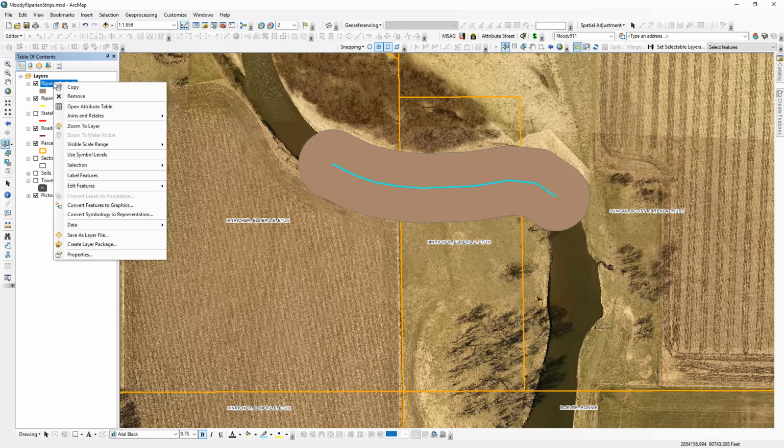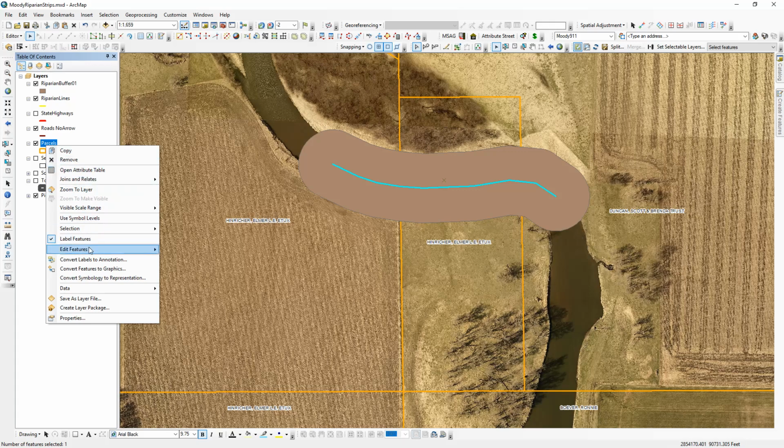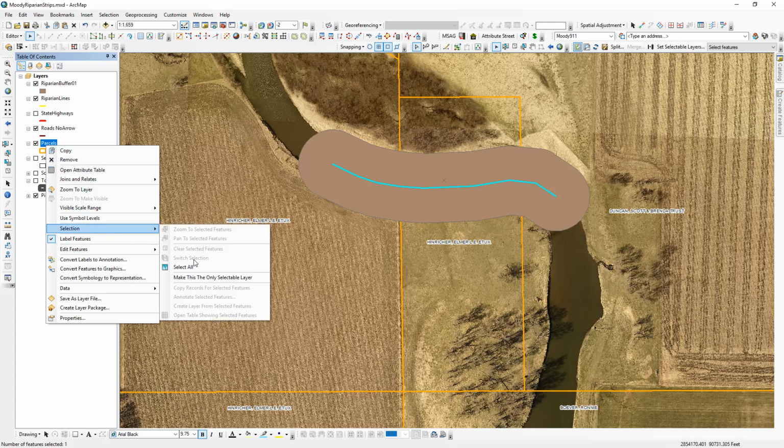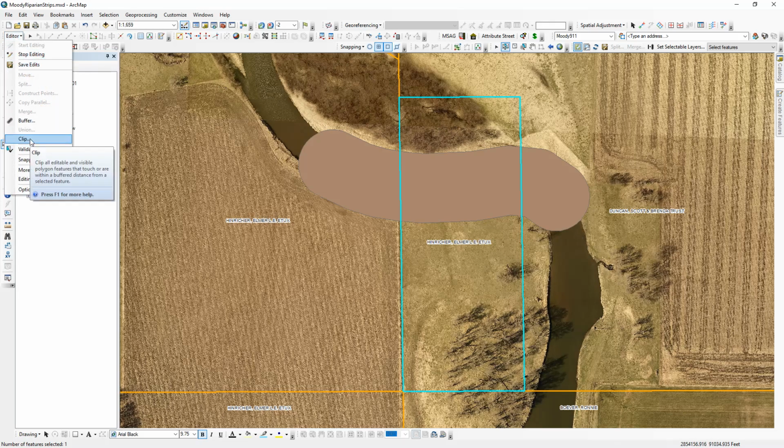What we'll do is we'll go up to the riparian buffer and we'll go to edit features, start editing again. And then under parcels, we're going to go down to selection, make this the only selectable layer, and we'll select our parcel that we are creating the riparian buffer for. Under editor, there is a clip option, and what this is going to do is it's going to clip all